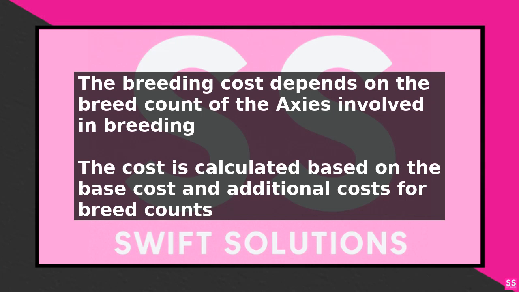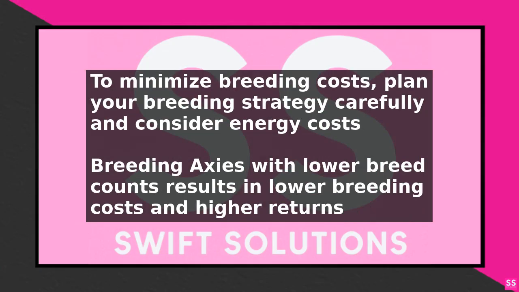To minimize breeding costs, it is crucial to plan your breeding strategy carefully. One approach is to breed Axies with lower breed counts, as this will result in lower breeding costs. You can also consider breeding Axies with high stats and abilities, as these can increase the value of the resulting offspring. In conclusion, Axie Infinity breeding cost analysis involves understanding the breeding mechanics, calculating the breeding cost based on the